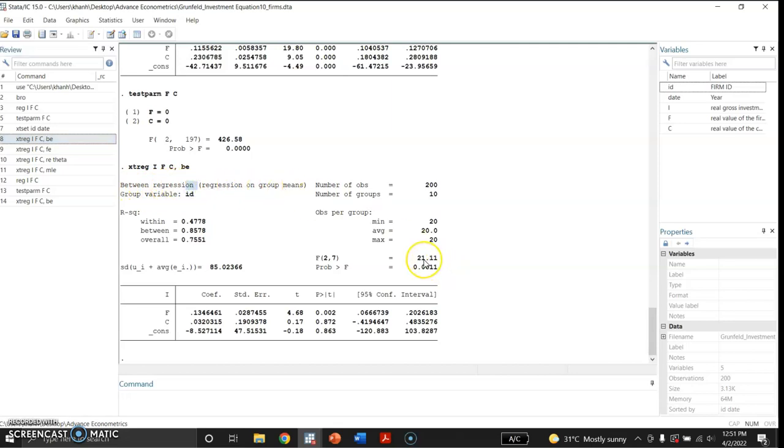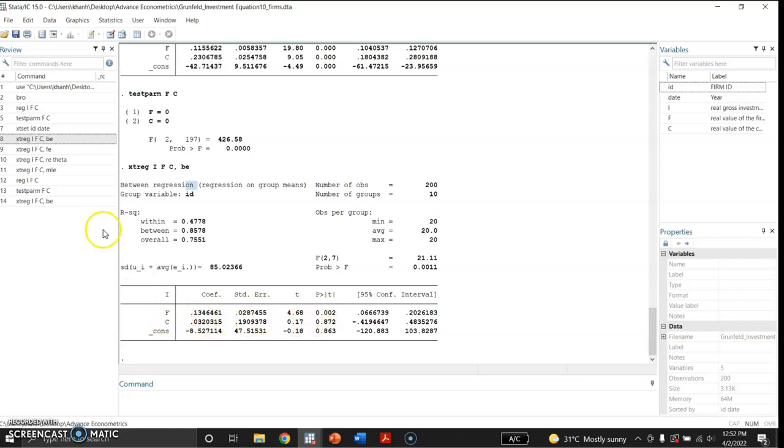Now here the F value is 21.11, and this coefficient is a little bit higher than the pooled OLS one, and this is the constant, and this is the coefficient of the real value of the capital stock. Here only the coefficient of the real value of the firm is significant, but the real value of the capital stock is